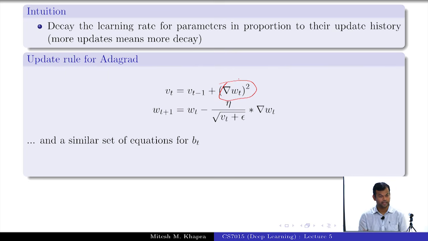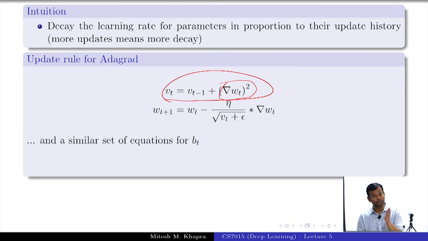This is my gradient which I had computed so far, I mean at this time step. I'll keep accumulating it in a history vector. Okay? So at time step 0, I'll take the magnitude of this. Again, I'm taking the magnitude, right? Because it doesn't matter whether you made an update in the positive direction or the negative direction. It just matters by how much you moved. So I'll just square this quantity so that I can get rid of the sign. Okay? So I'm taking the magnitudes and I'm storing all that.